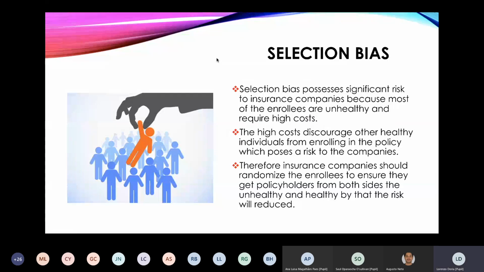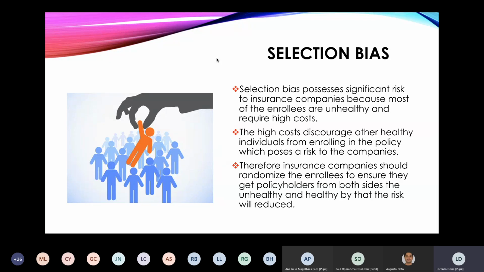Now, selection bias is different. Selection bias is that the insurance company may not be able to see all of the risk parameters that define the risk of their customer. It is basically the lack of communication from one party to the other. So for example, health insurance. Health insurance tends to attract sick people. So what the company will do is ask for medical exams. And they will do this so they can eliminate the people who they already know are going to be sick and therefore costly for the business.